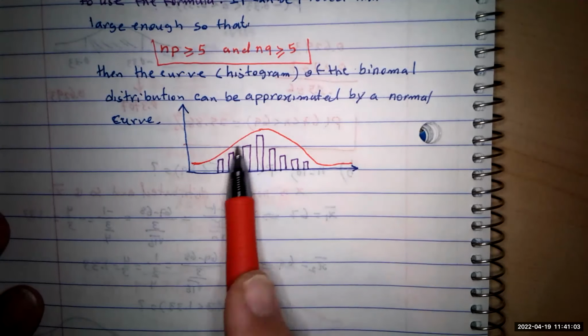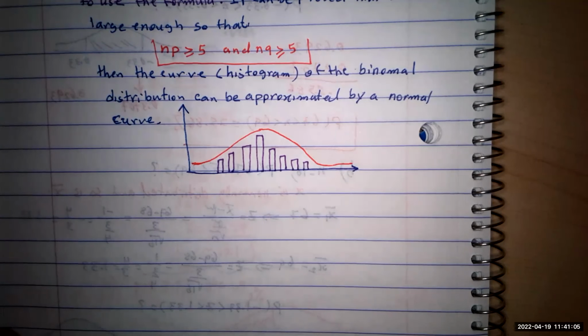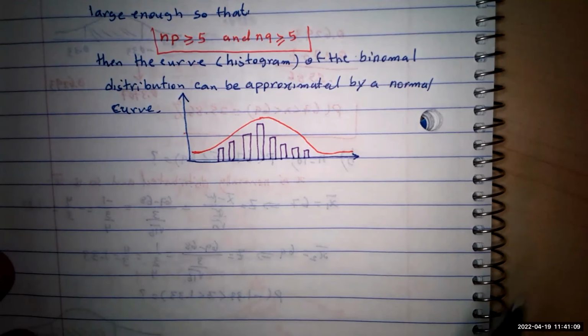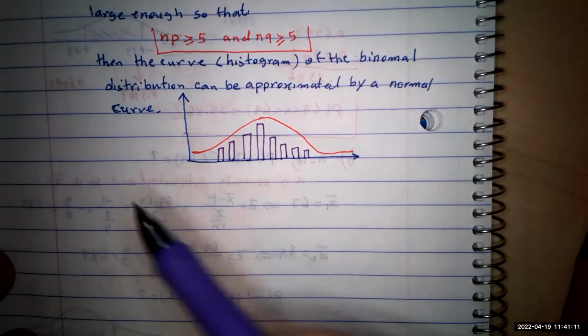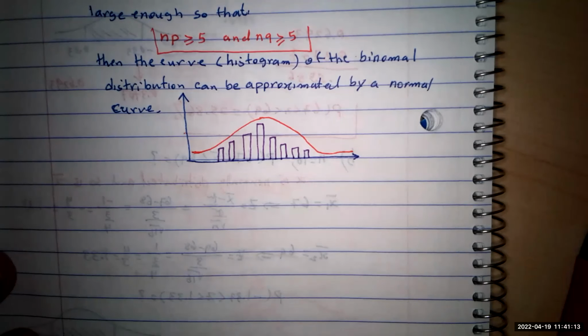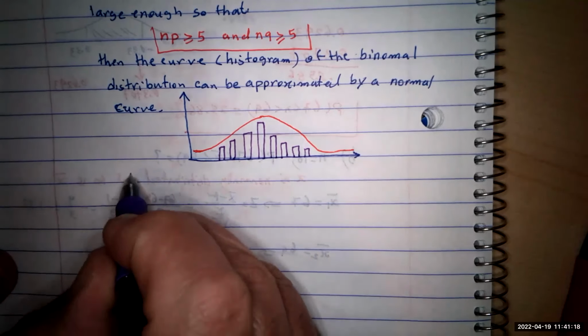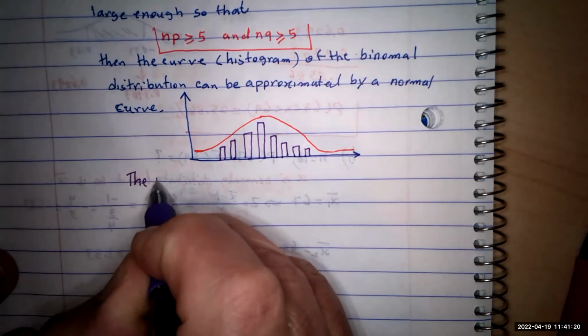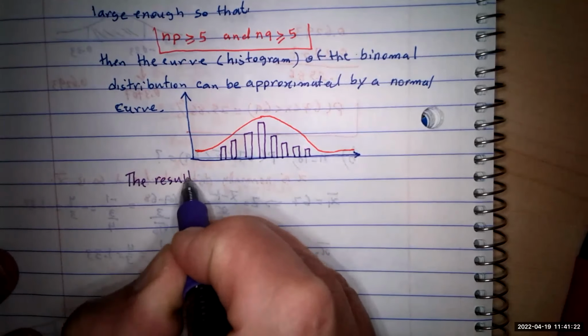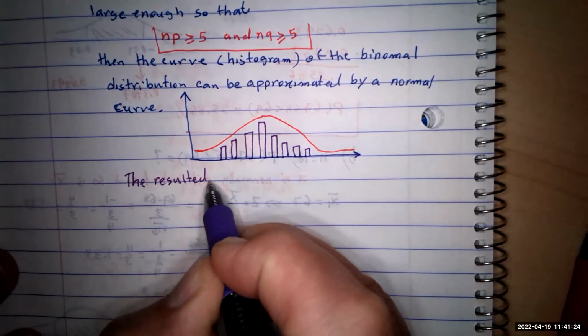Then mathematically we can approximate it by the normal curve. So we were in a binomial, then dropped into the normal. The resulting normal distribution